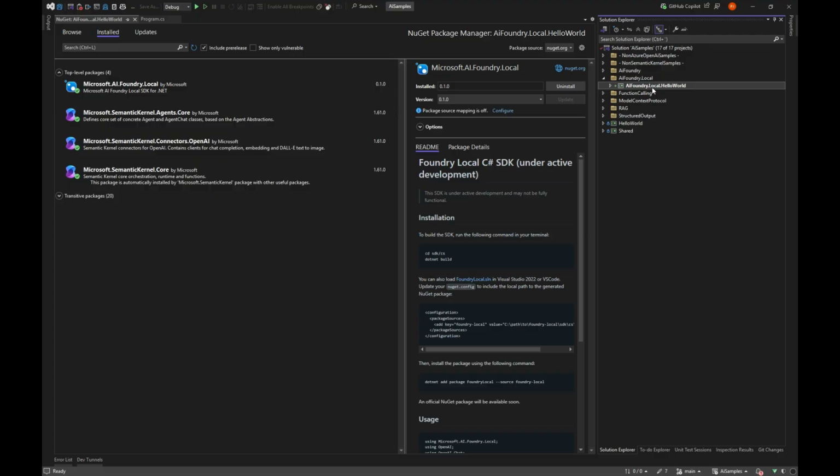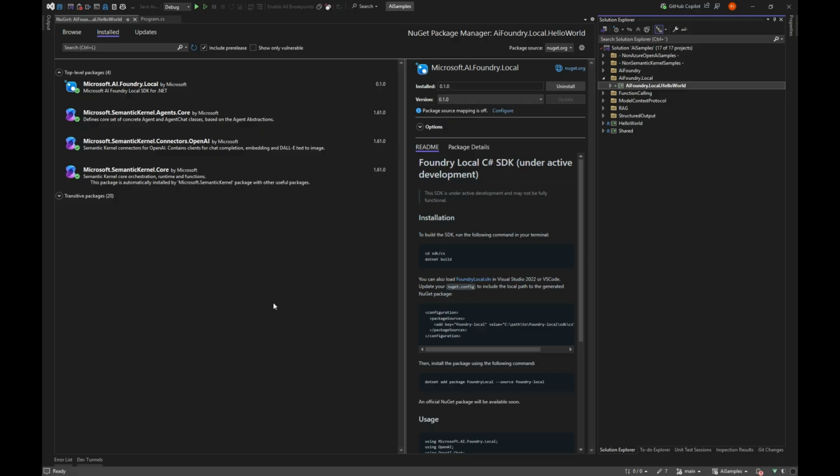So this is just a console app, and it's a console app that can make sure that this machine, which has absolutely no idea what Foundry Local is and has no models downloaded or anything, this sample code will go from 0 to actually talking to an AI locally.